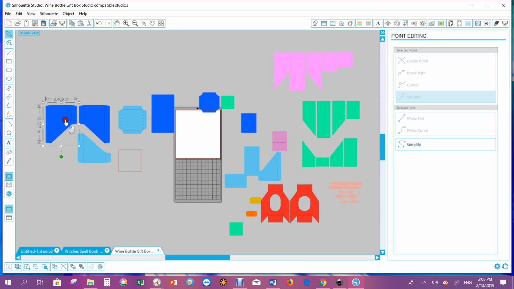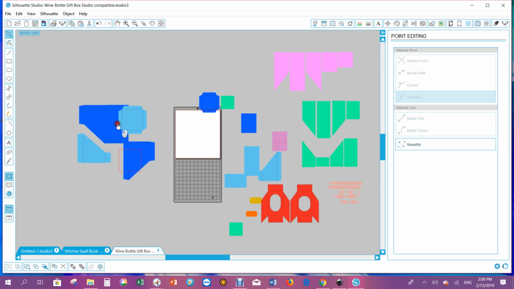Don't get these mixed up, because one goes one way and one goes the other, so it is a bit difficult. Now this is the back of this one, and if we take this one, this is the bottom of your box, and then this one goes on this side here, and then this piece here matches in, no, that's the top of the box. This piece here, which you need to make 6 inches wide again,